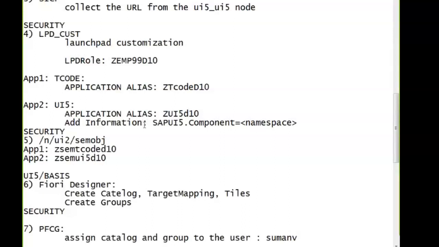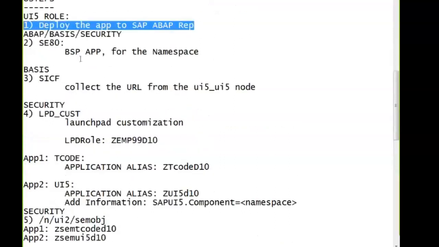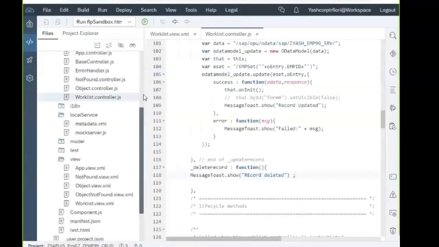So your job completes when you deploy to the backend. The first step is where your role ends. Deploy the application, forget. That goes to the backend, and from there the story starts, how it moves from the second step to the seventh step. Shall we start? So first we'll start deploying the application. Step number 1.